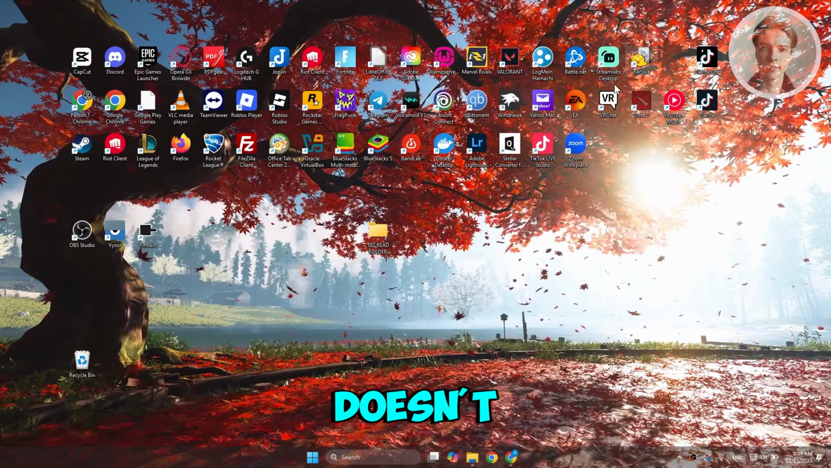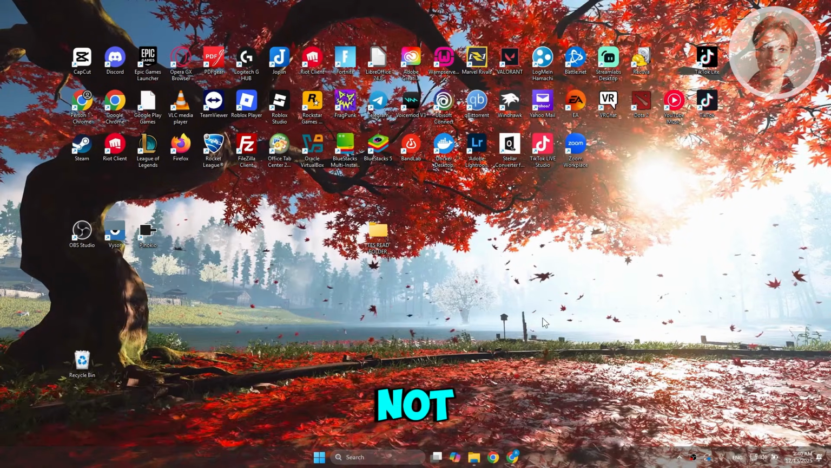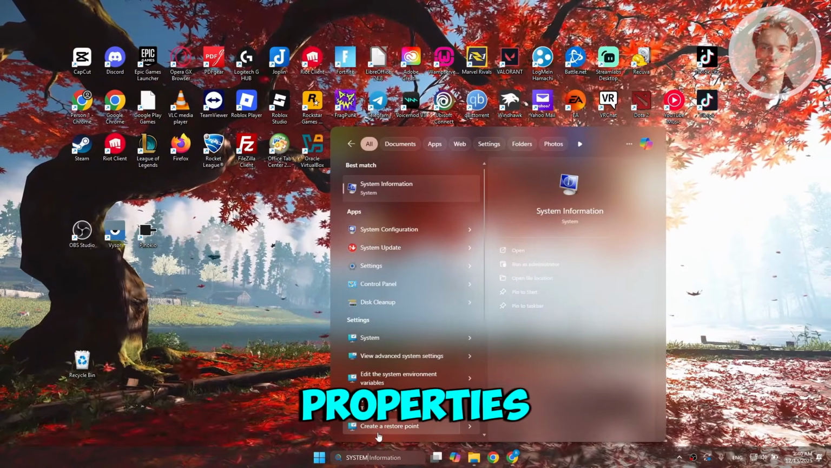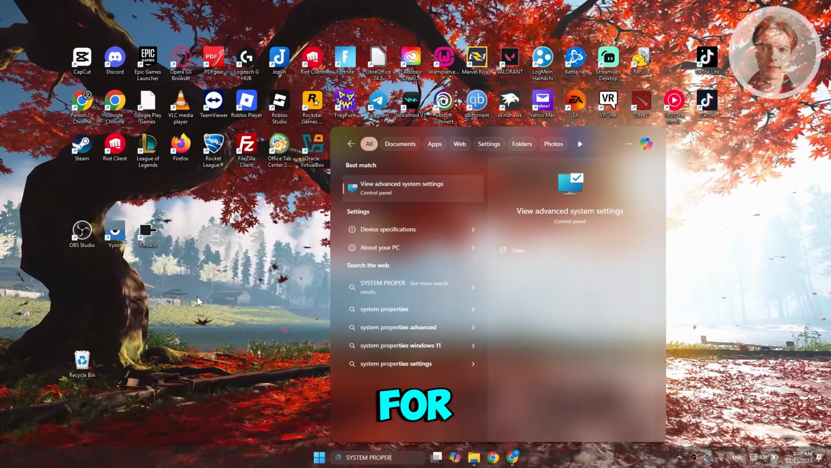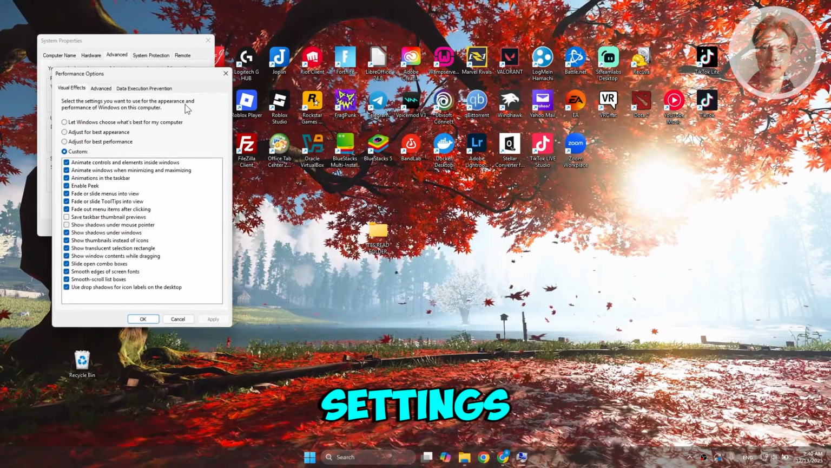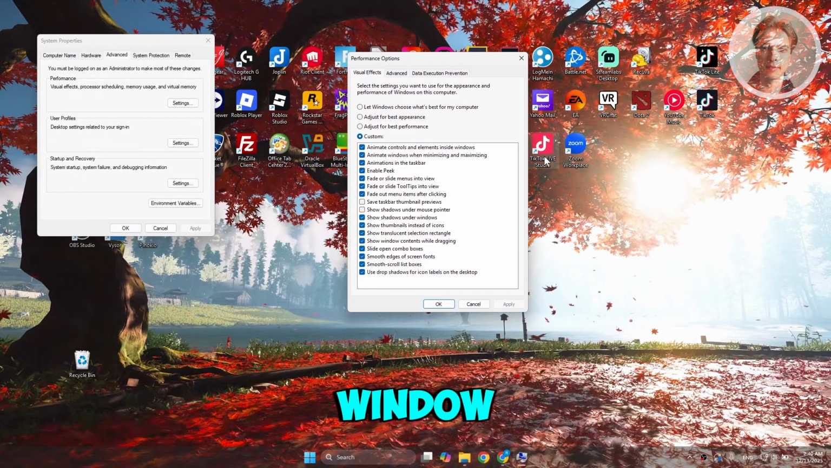Now, if that doesn't work for you, the next thing that you may want to do here is change a bit of your graphic settings, but not what we just did before. It's kind of different. So what we need to do is go to your search bar at the very bottom. Just type in system properties. Look for view advanced system settings. Now go to performance, click on settings, and inside this window